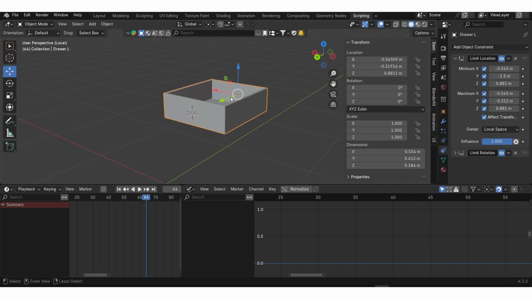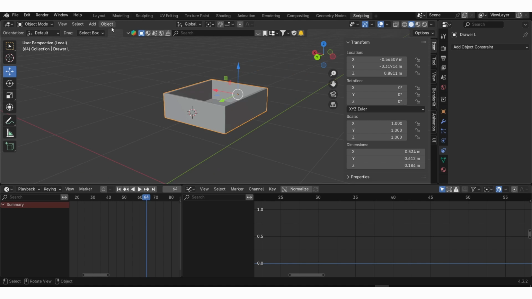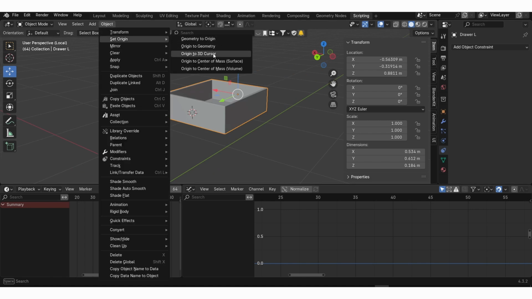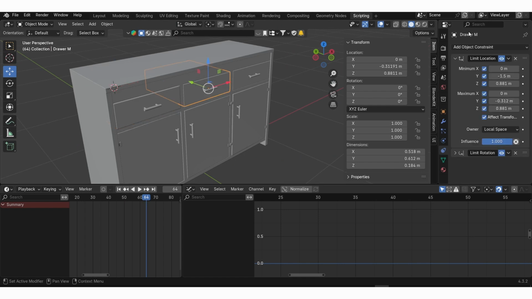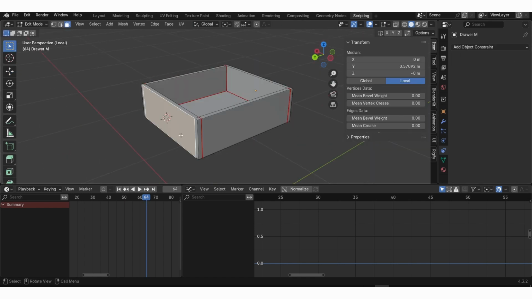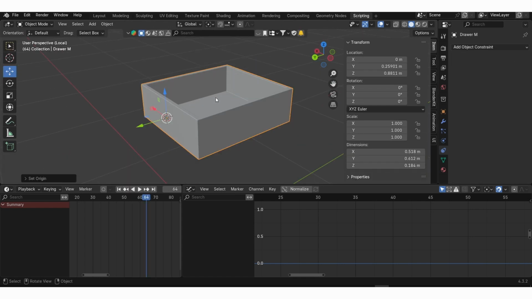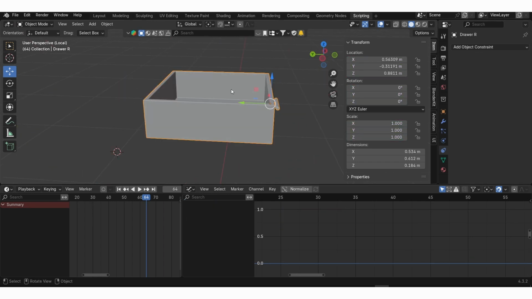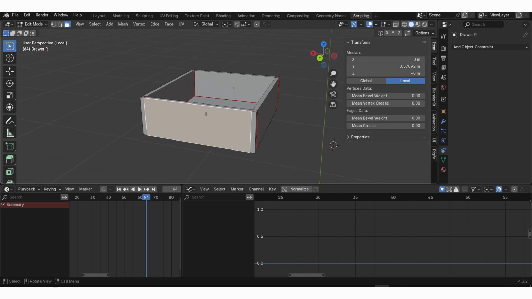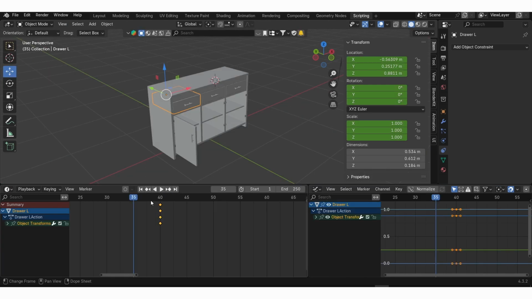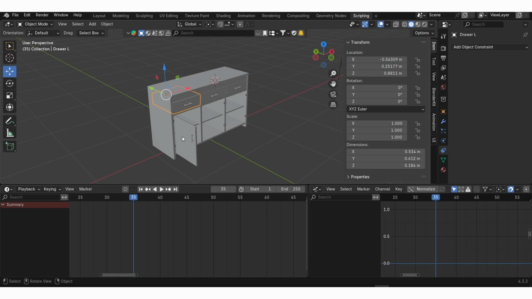Oh sorry, I think we have this limit rotation. Yeah, I got this. So again, object, set origin to 3D cursor, and there we go. Do that for all the drawers. And now for the drawers, what I will do is I will select the drawer, and let's